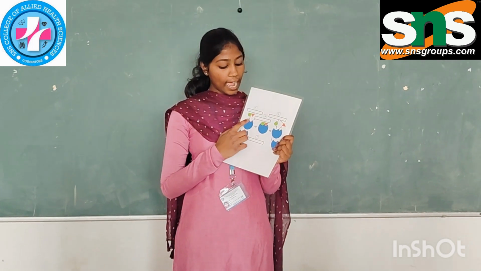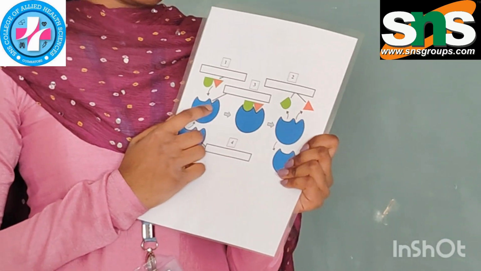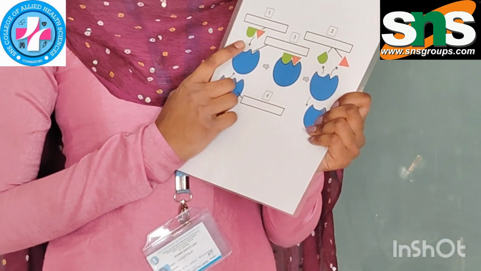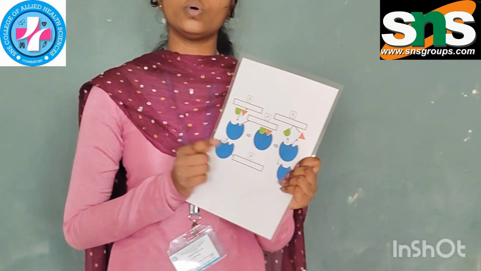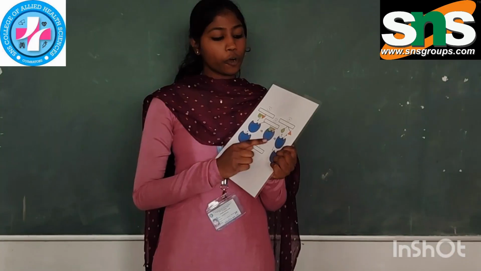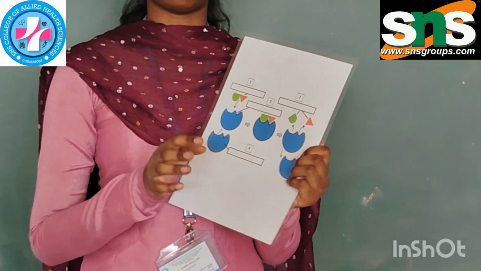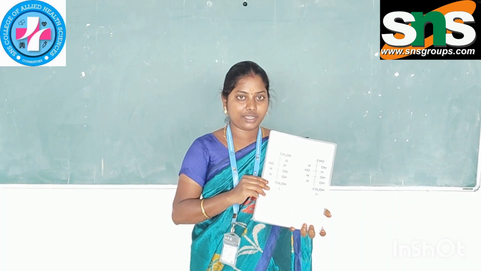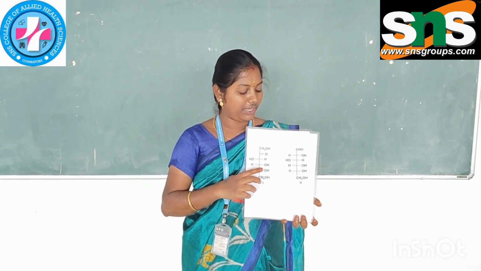The enzyme has an active site, a small region where the substrate comes and binds, and the reaction occurs. The substrate then forms an enzyme substrate complex, and the enzyme reaction proceeds. So far our students have clearly explained their spotters, and this is the carbohydrate structure of fructose and